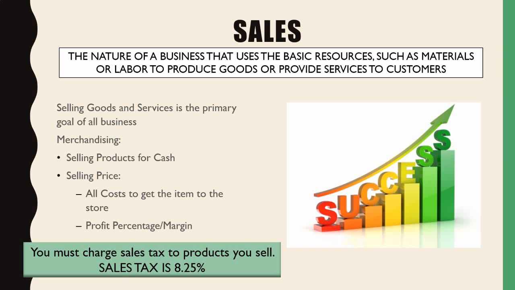Well, we figured out how much it's going to cost me, which is the purchase price, plus anything such as shipping and handling, any type of cost that gets the asset to the store, right? Those are all considered costs put onto the product. That's what it cost me to retrieve and obtain the items for me to go ahead and resell to